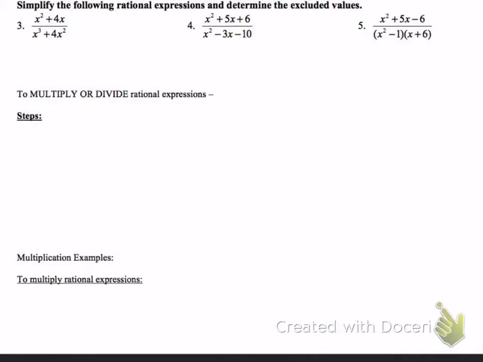All right, so now we're going to multiply and divide. That's like combining rationals, but then you're going to do the same steps. So simplifying, multiplying, dividing are all kind of the same. It's just combining them together. The first step is, if it is division, how do I divide a fraction by a fraction? You flip the second and then multiply. So flip the second rational